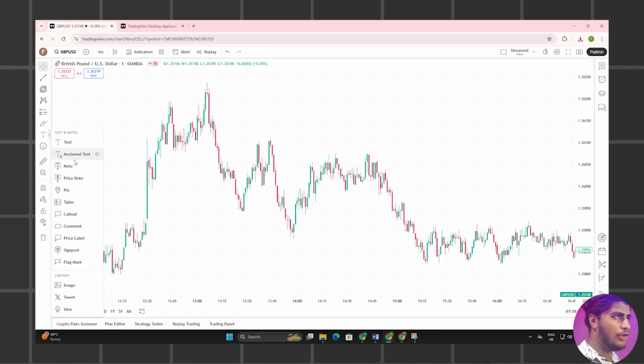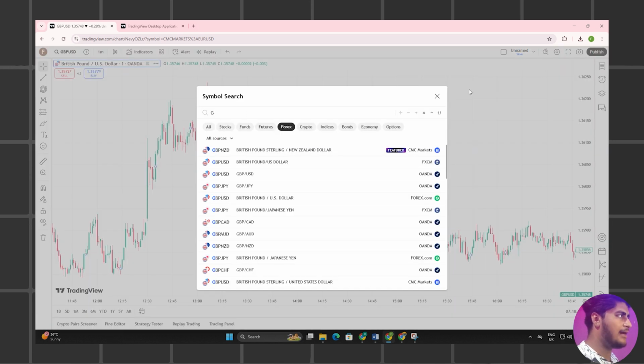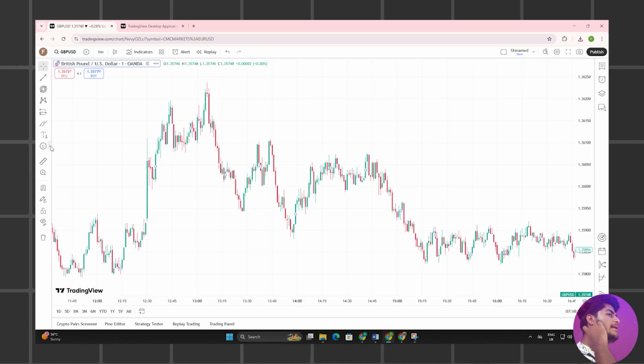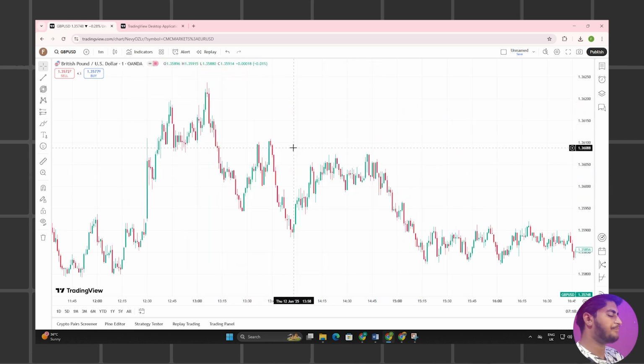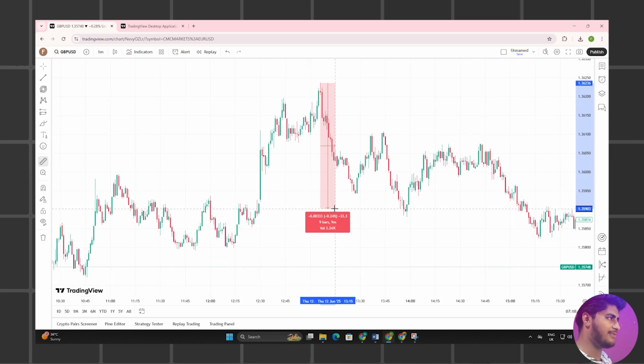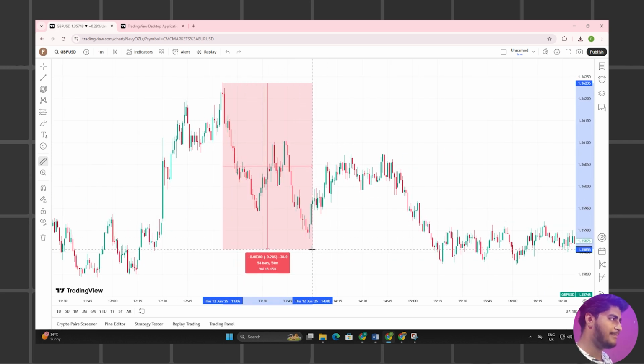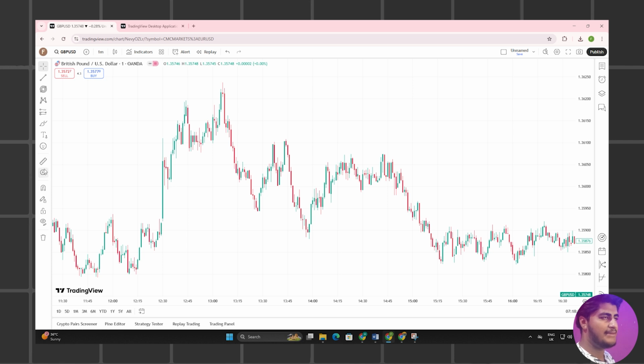So this is a notepad and others. You can check it out. Now next is the emoji. You can set an emoji on your window just like this. Next is a scale. You can see where the price is. For example, I put this one as a down. You can see there are 38 pips. You can analyze. This is a scale.